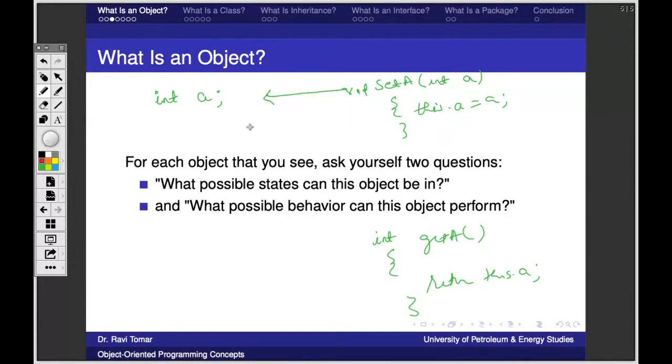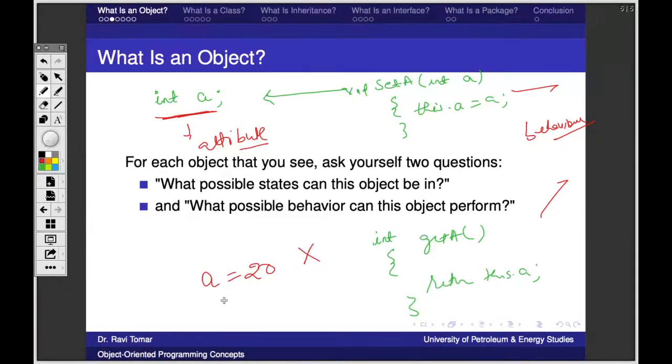This is what? An attribute denoting the state of any object, maybe some value A. These two are the behaviors or methods. Now see how they are different. Now we will try to make our program in such a way that no one can directly say this.